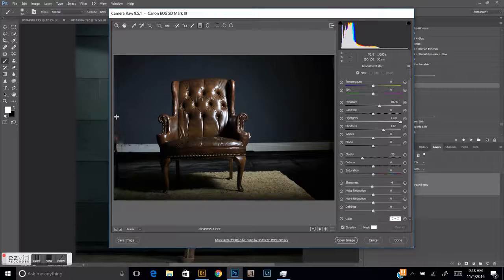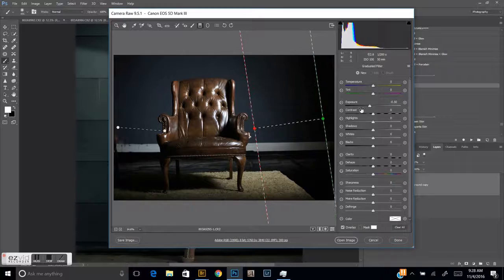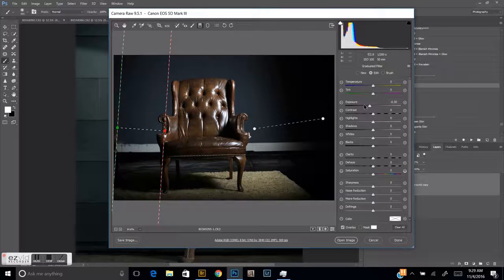This guy right here, I really do like. He's my graduated filter. I use him quite a bit to get some more of the dramatic looks and whatnot. This is what I will do. I like to add a little blur into it because I think that looks a little more romantic. Do this, go to that,